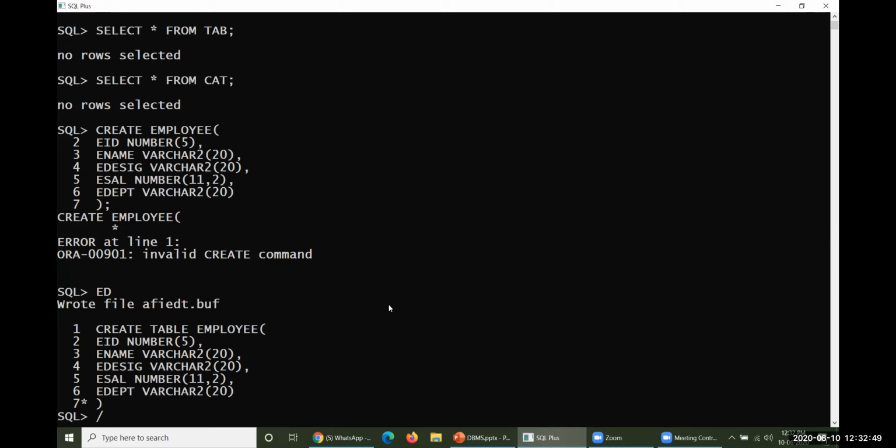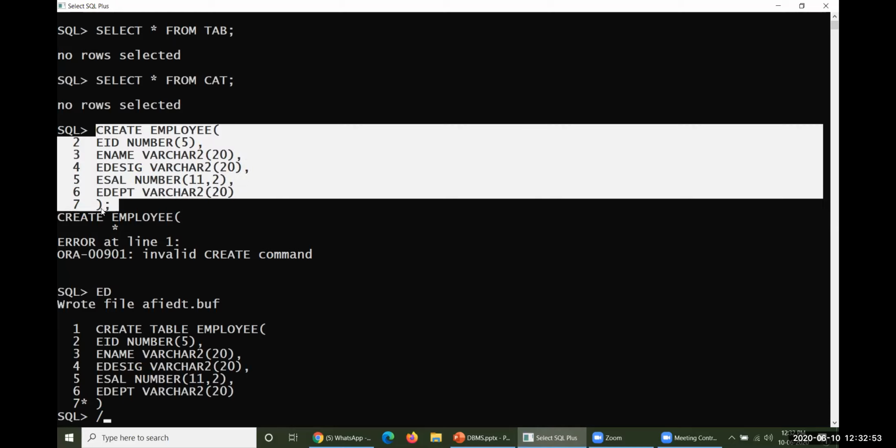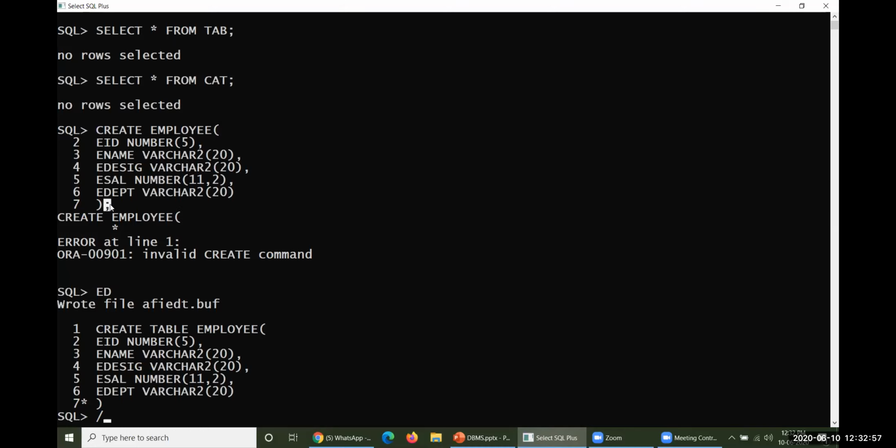And note one more thing here. The command which I have typed here does have a semicolon. Without the semicolon, it could not be executed. That is the statement I have given for you. But here it has been edited, in the sense that a buffer has been taken. Within the buffer I have modified it. Here I had forgotten to give the word table. I have modified it here. Yes, it has been modified and come out from the buffer.